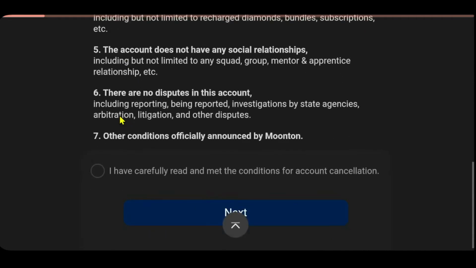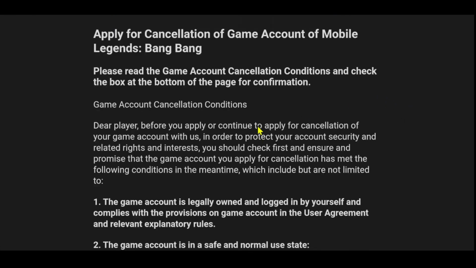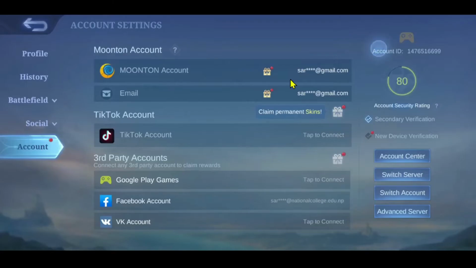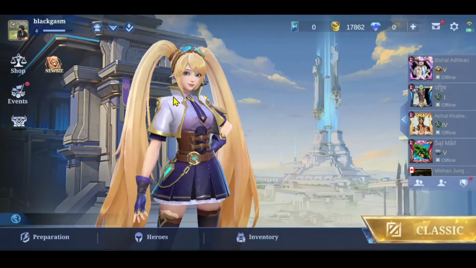Simply scroll down after reading all of the policies and then tap on the checkbox which tells you that you have read the conditions about cancellation. Then tap on the next button and you will be asked to provide your game ID as well. After providing your game ID and confirming your identity through your password, you will be told that your account has